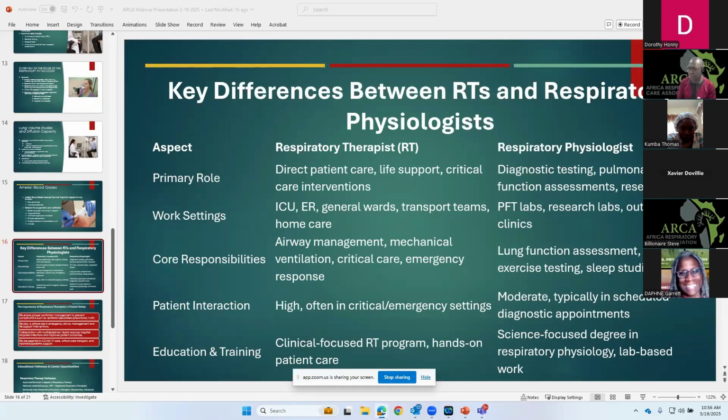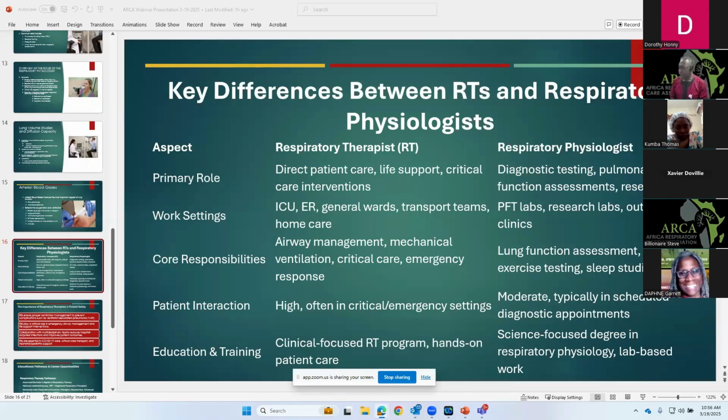Okay, for patient interaction, the interaction with a respiratory therapist is high, because if a baby is born, a respiratory therapist has to be there because it's an emergency. Even if it's a regular well baby, over here we have respiratory therapists that go as well, because if the mom received any kind of medicine that may decrease or stop the baby from breathing, the respiratory therapist and the doctors will be the ones to help revive the baby. That way the baby can start breathing again.